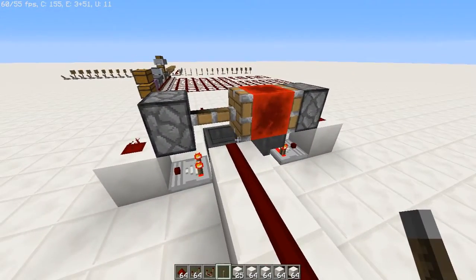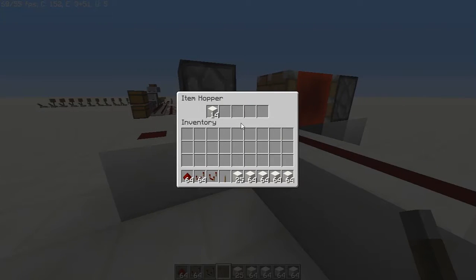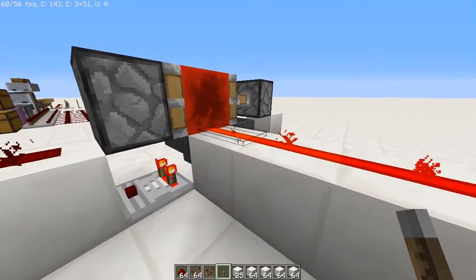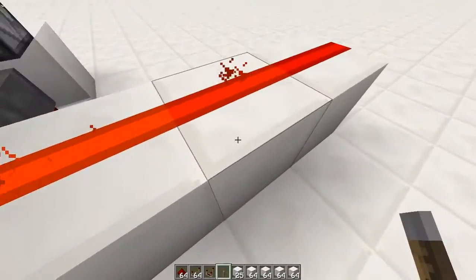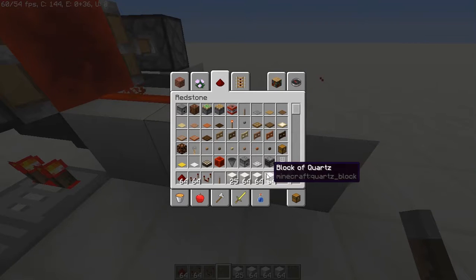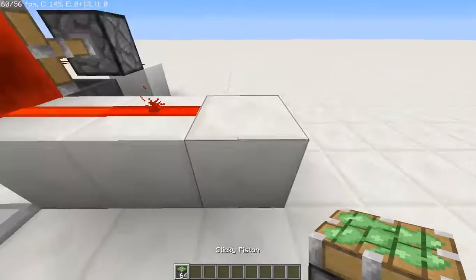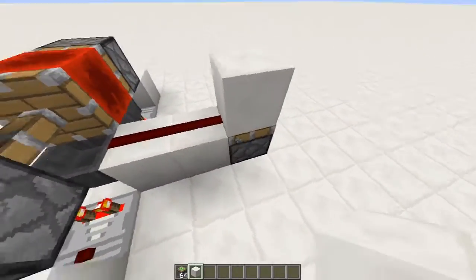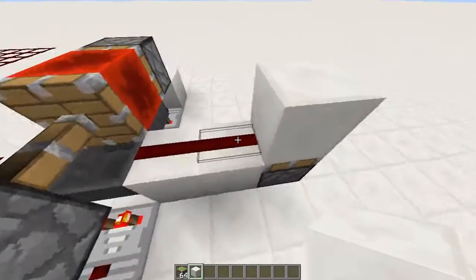And how you take it up from this is if you want it to just be a straight on, just once it's over here, it's powered, you can just take an output straight from it. Or an alternative is throwing together a monostable circuit, which you do by putting a sticky piston facing upwards with a block on its face and running a signal